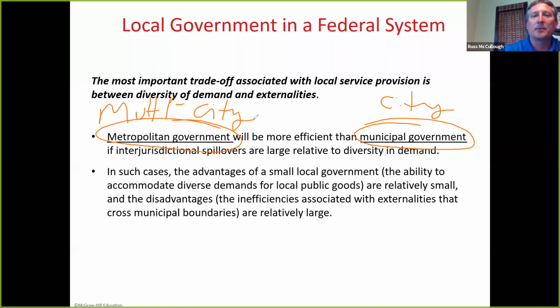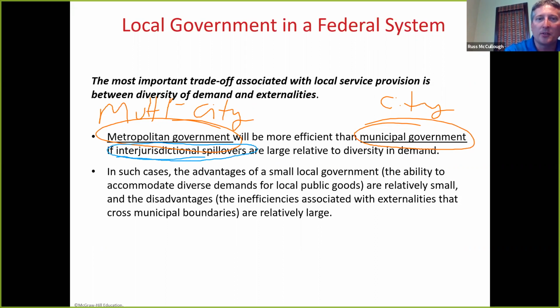We might be able to more effectively, if there are economies of scale, have a more centralized approach to providing some of the local goods. And so what's the breaking point? It's these positive externalities. So metro government, bigger, will be more efficient if